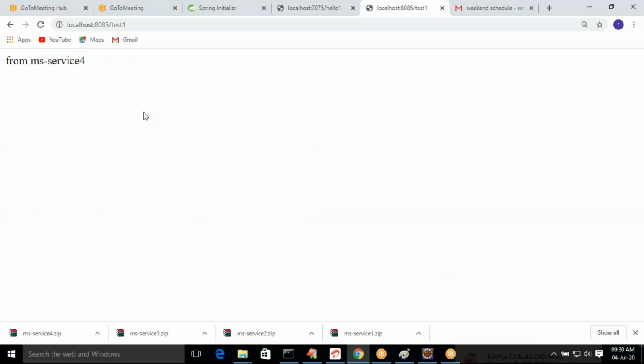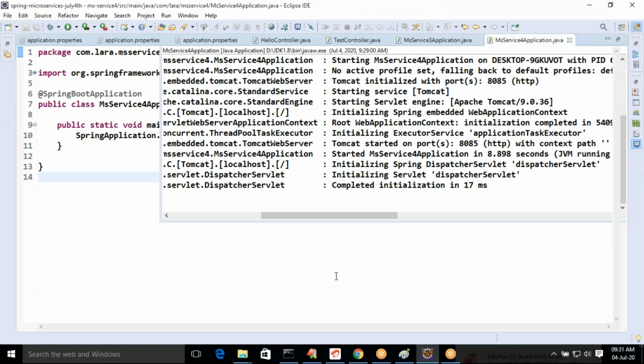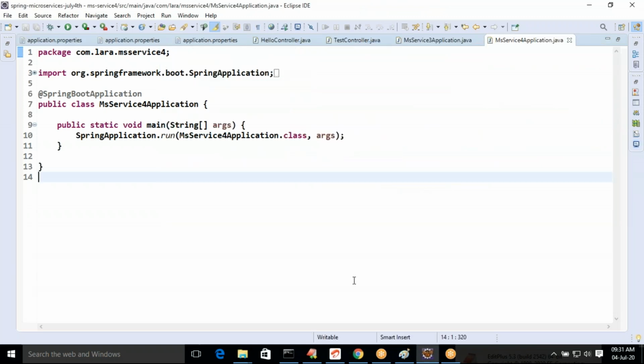Now let us see how we can give a call from MS Service 3 to MS Service 4 by using Feign Client. Let us see Feign Client usage.